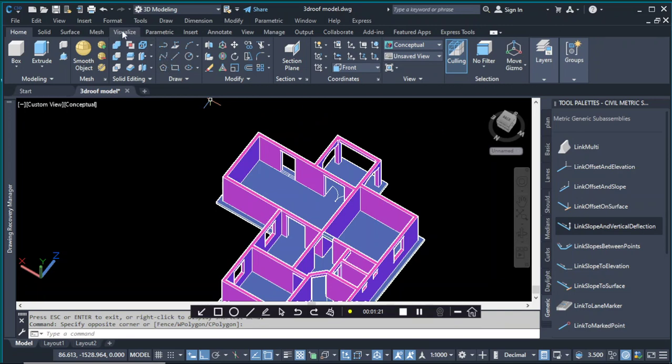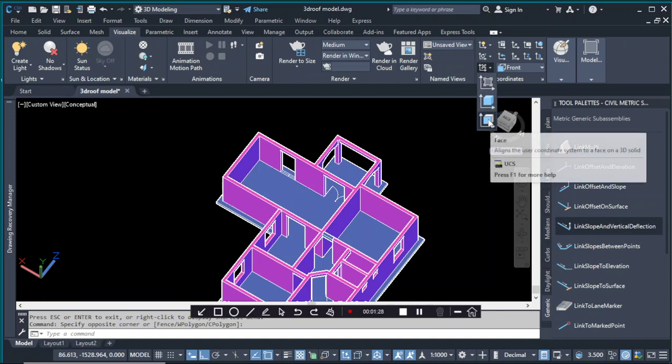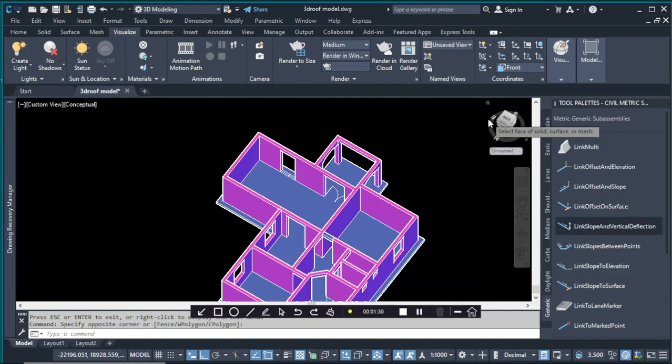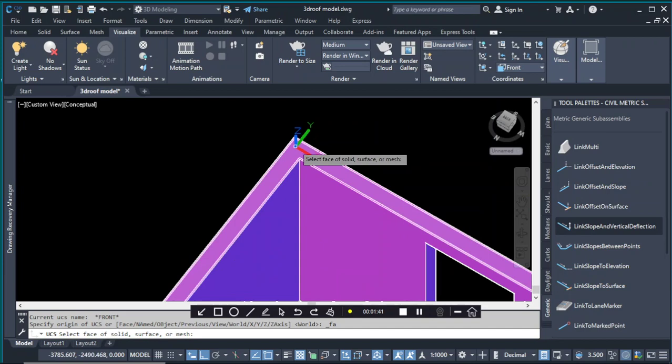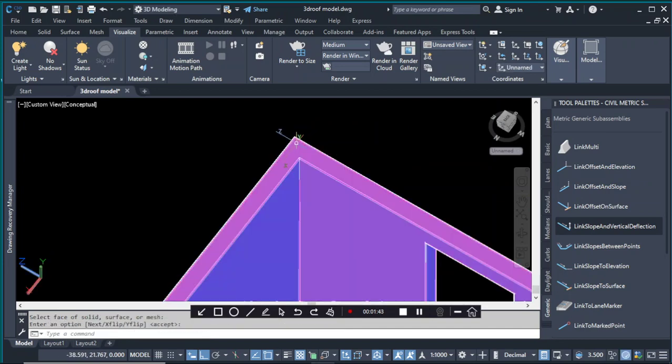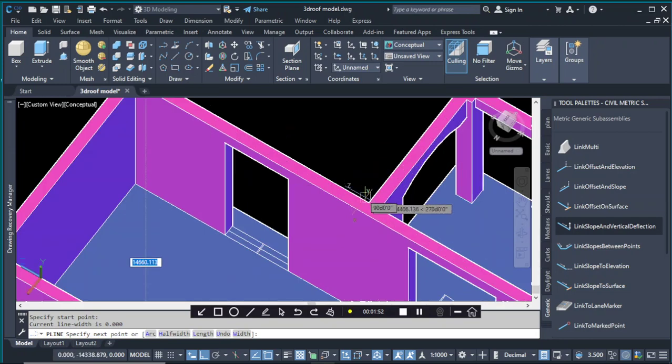So first thing, we have to align the face that we are going to draw with the UCS. So we just pick, go to visualize, then we want to align with the face, so the top face like that. So accept, then now we pick the polyline. So we just come here, we trace, like,